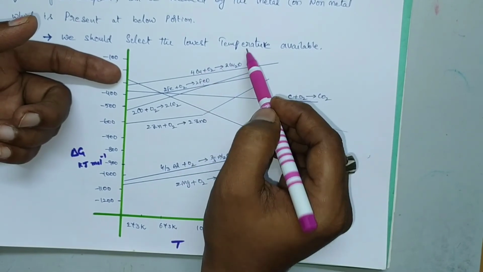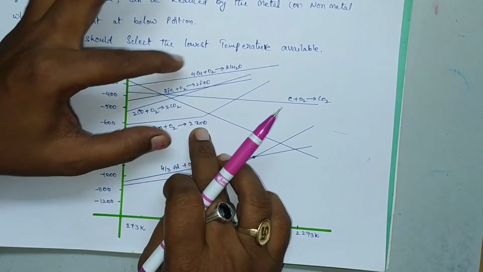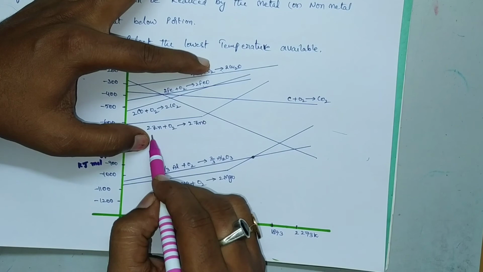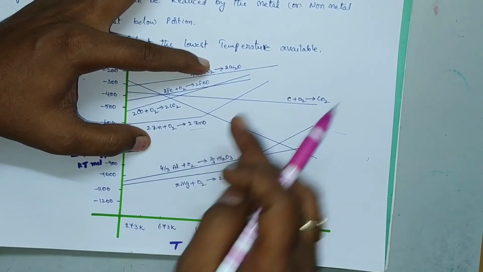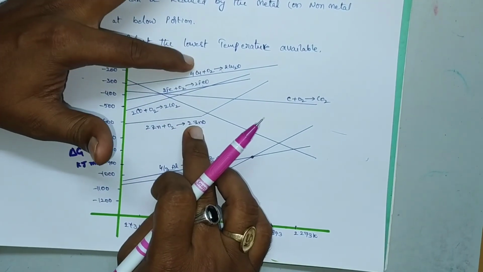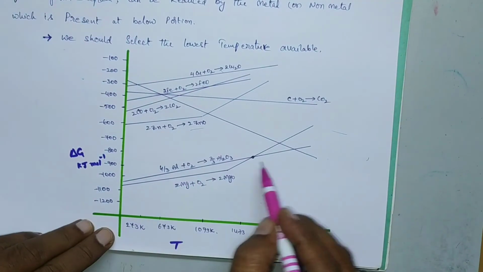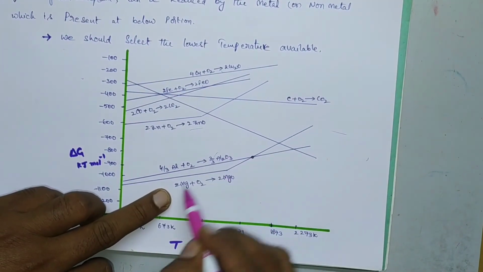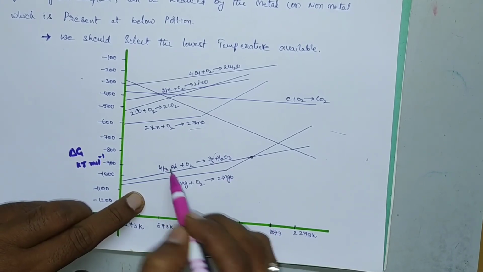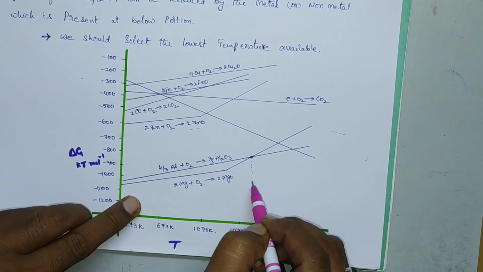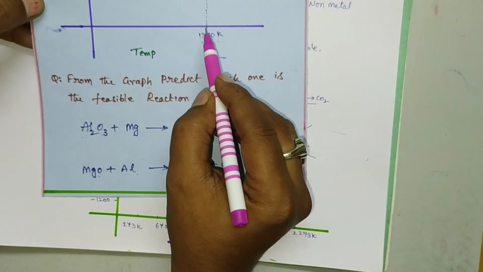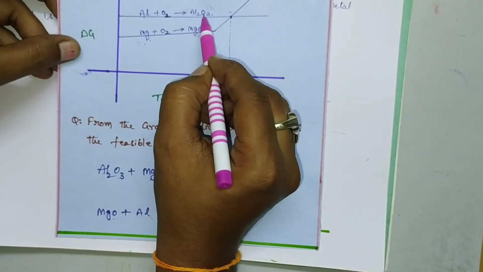Okay, clear? Suppose if you take a relation between zinc oxide and copper oxide. So copper oxide is present above the portion of the Ellingham diagram, and zinc oxide and zinc present below the portion of the Ellingham diagram. So the copper oxide can be reduced by zinc, whereas zinc oxide cannot be reduced by copper. Clear? Suppose if you take this one, the aluminum oxide can be reduced by magnesium, whereas magnesium oxide cannot be reduced by aluminum. So here this takes place only below this particular temperature. So in the previous chart we have discussed that it is 1350 Kelvin. So below this 1350 Kelvin, the aluminum oxide can be reduced by magnesium.